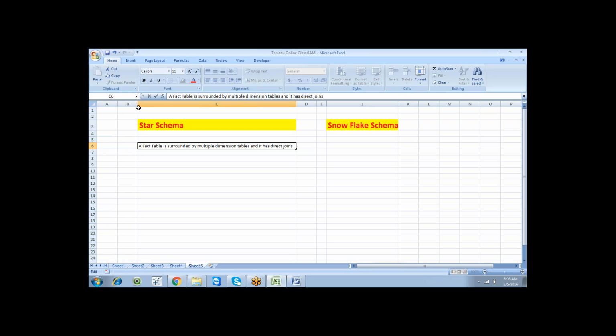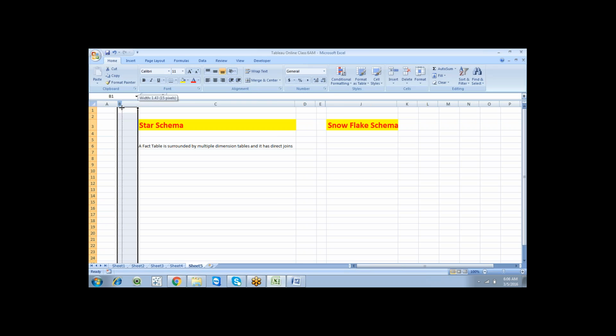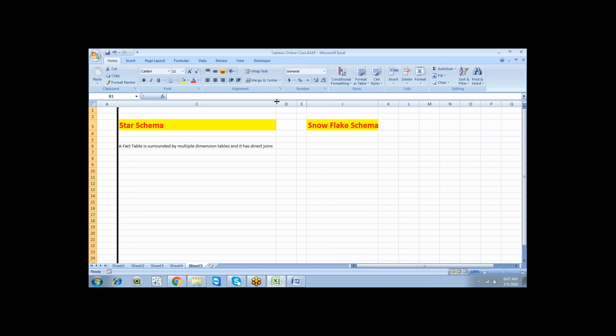So if a fact table is surrounded by multiple dimension tables which have direct joins, then we can call it a star schema.